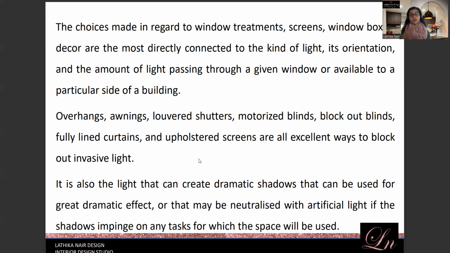So it affects the window treatments that you want, the screens that you're thinking to put, whether you need a sheer, a block out, or what kind of window covering you need. Some people just opt for the block out roller blinds, which are fine, but that is mainly to block out the light. But when the roller blinds are up, you might need a sheer curtain so that there is privacy as well. So there's no vision from outside when you look inside. So all these affect also the size of the window.